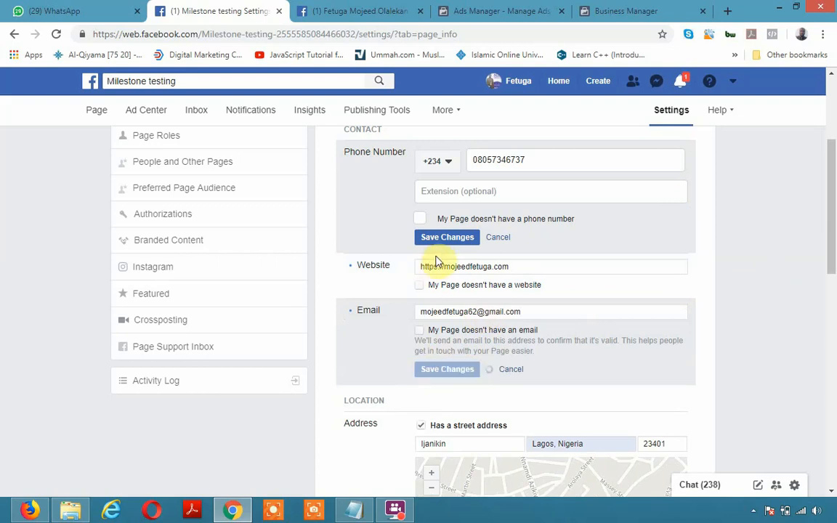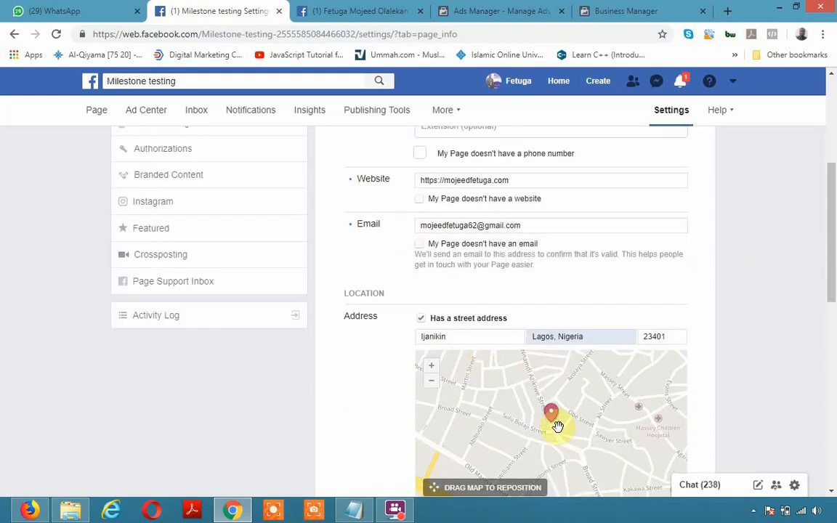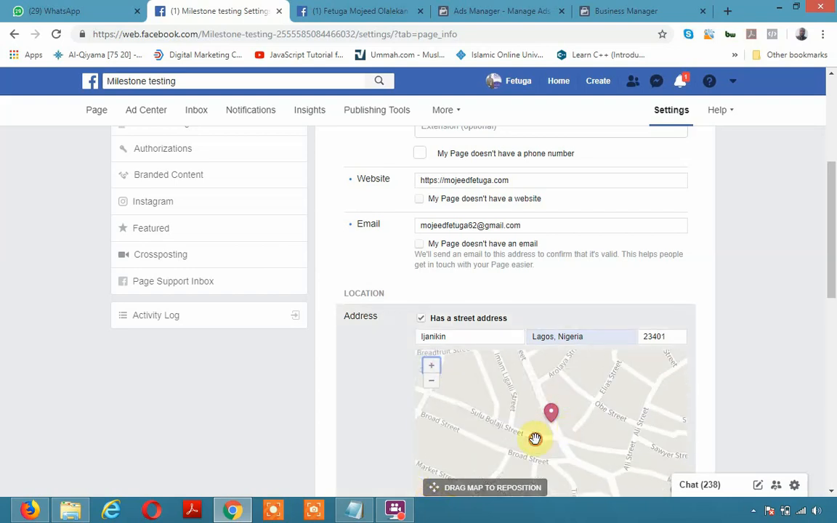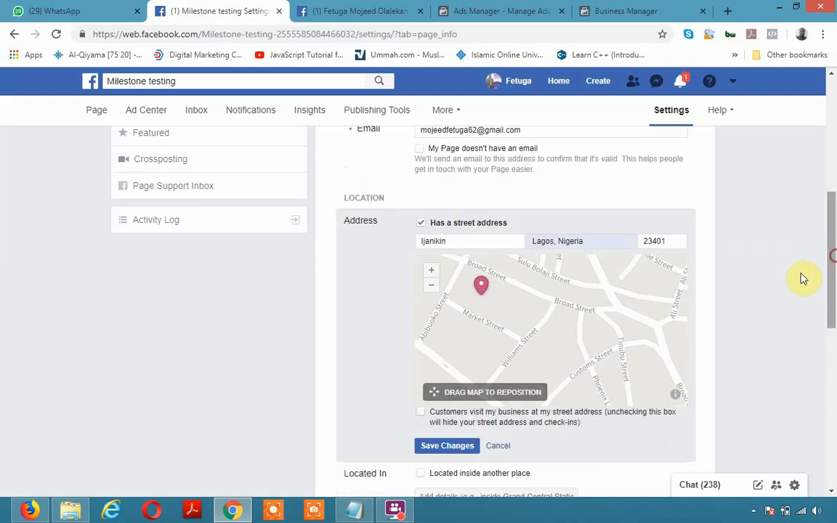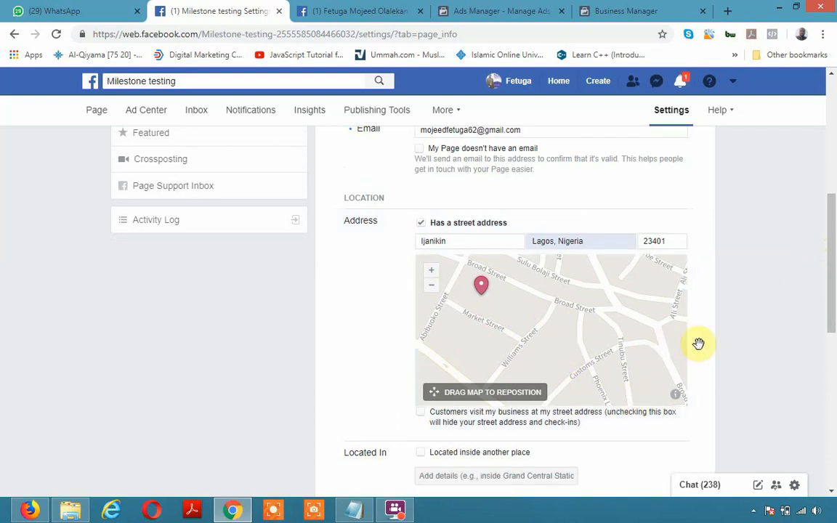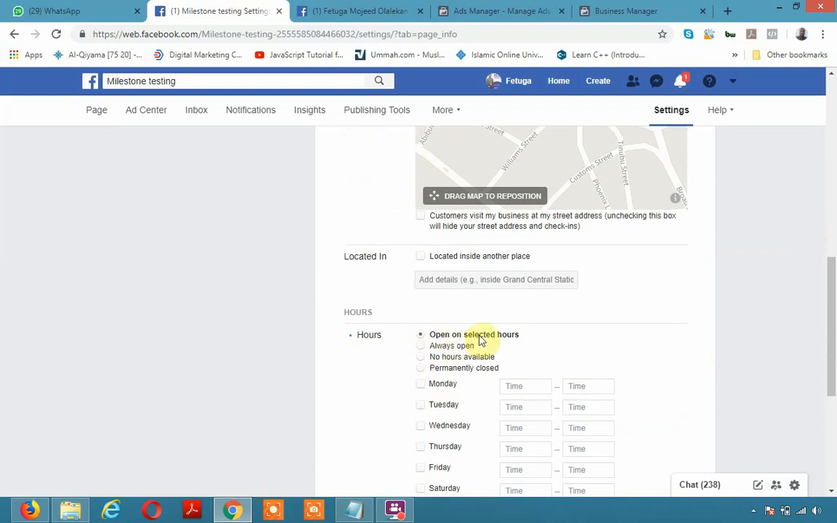You can save as you are doing. You save, and your location. You can select your location, and you drop the locator. This is just to get your location, and you save. Once you get your location, you can save, and once that is done, okay, you are open on selected hours,